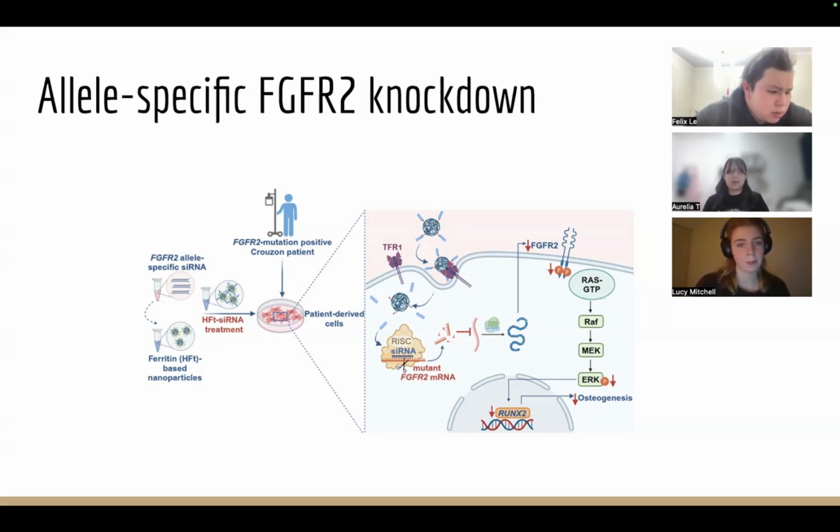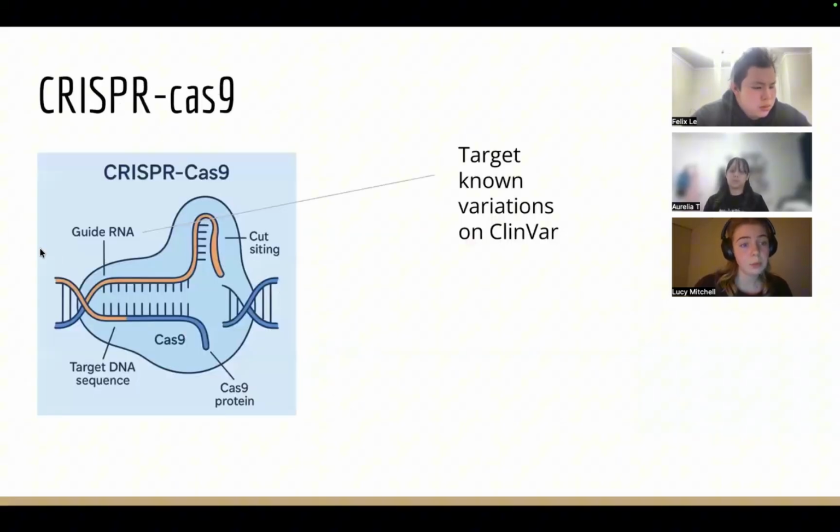These siRNA molecules can bind to the mutant mRNA with full complementarity, such that the mRNA is redirected to be degraded by the cell instead of being translated. This method was found to successfully downregulate FGFR2 activity in affected cells, as well as showing promise regarding the reprogramming of mutation-positive osteoprogenitor cells. From our booklet, we found that for Crouzon syndrome, a promising treatment was the CRISPR-Cas9 editing,